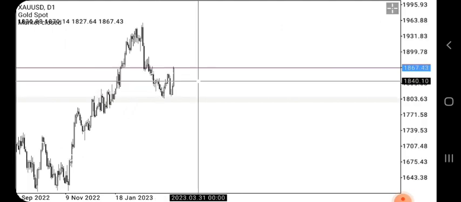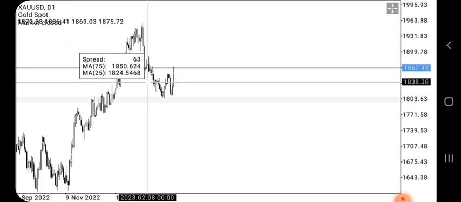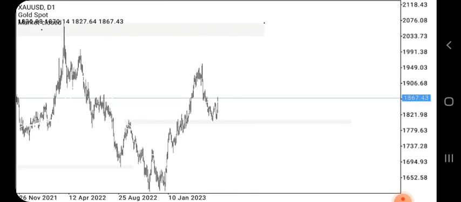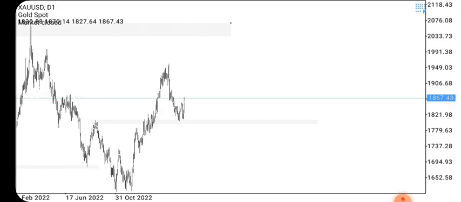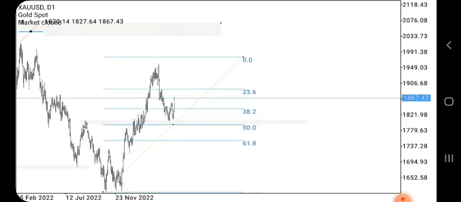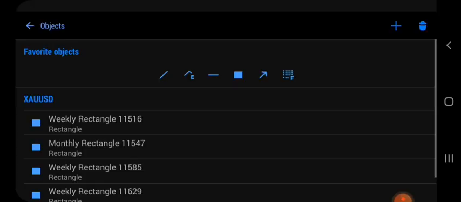This was the 4 hour and daily time frame internal. So we can see that the daily time frame is now bullish. Let me use a Fibonacci, guys, to try to show you something. So you can see that this is the Fibonacci, guys. Mostly, guys, we expect to see the market reaching